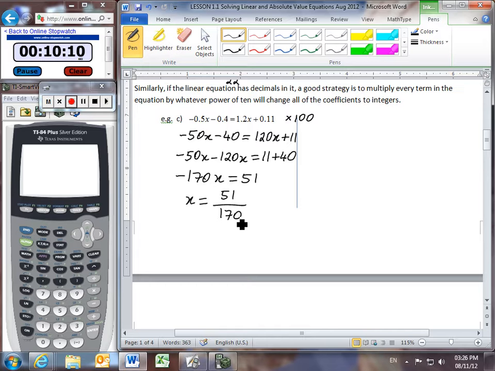And once again, I don't want to put the negative in the denominator. I'm going to put this in the numerator for now, because this can actually be simplified further. Dividing the top and the bottom by 17 yields -3/10. It might actually be good form to leave my final answer as -0.3,